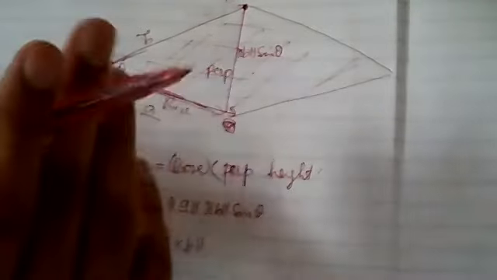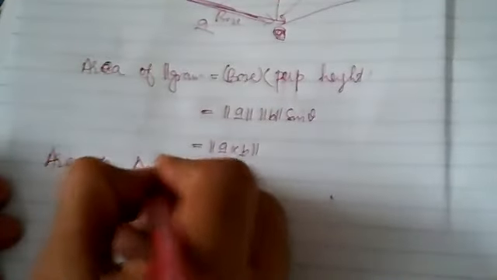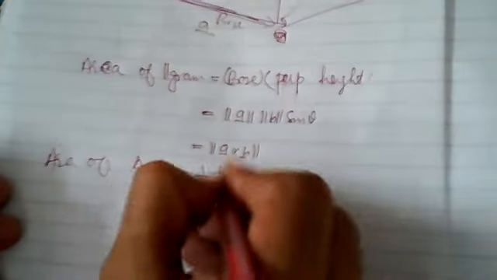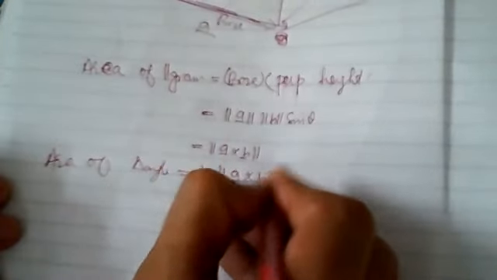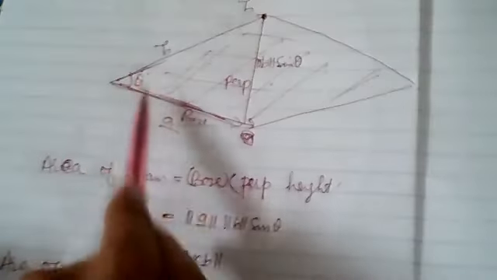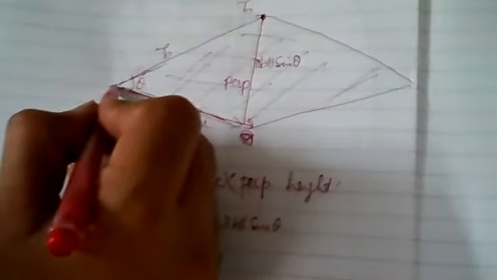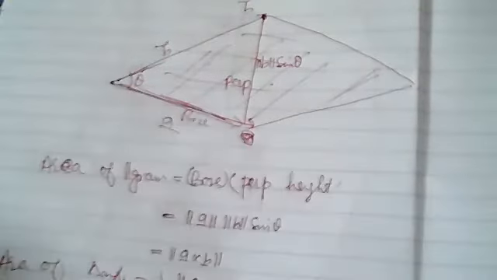If you take the half of the parallelogram, you will get two triangles. So if you are interested in the area of a triangle, it will be half of the magnitude of A cross B. But the condition is that A and B should be adjacent sides of the parallelogram. They should be the adjacent sides, the sides having one vertex common. ऐसी साइड जिसमें एक vertex common, that is called the adjacent side of the parallelogram.